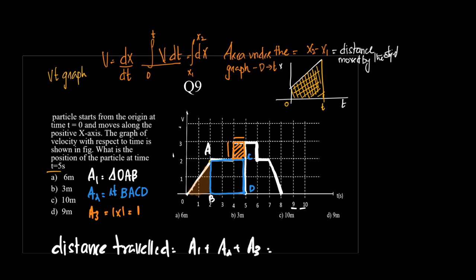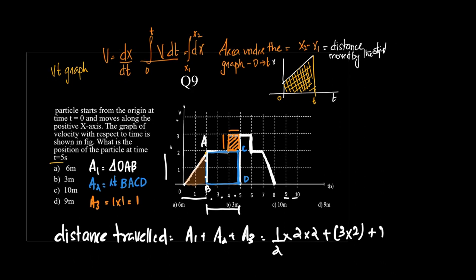So what is area 1? Triangle OAB. What is the area of triangle OAB? Half into base. What is the base? Base is 2. Half into what is the height? Height is also 2. Half into 2 into 2, plus what is the area of rectangle BACD? Length into breadth, right? Length is BD, breadth is AB. What is the measure of BD? It is 1, 2 and 3. What is the measure of AB? It is 1, 2. So we have 3 into 2, plus